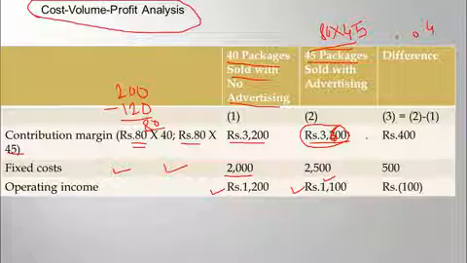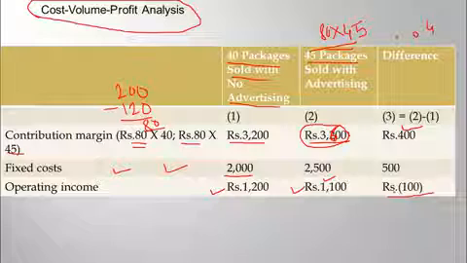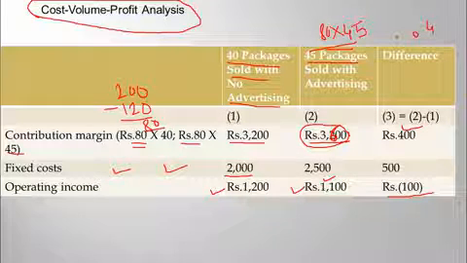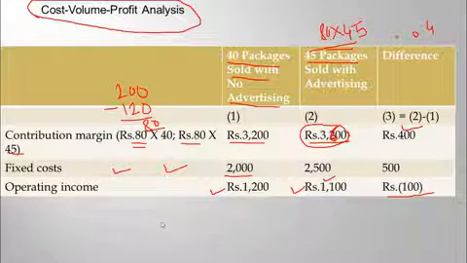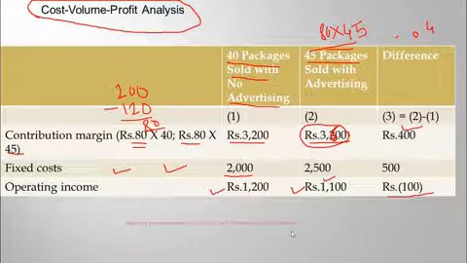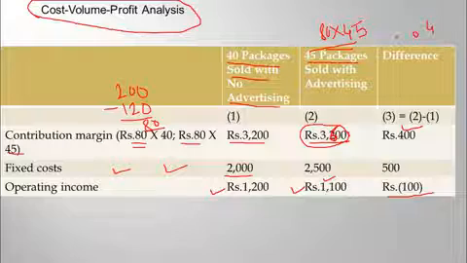It means that if we didn't make any advertisement, and if we made the advertisement, our sales will increase from 3200 to 3600. It means there is a difference of rupees 400 increase in contribution, but the fixed cost is being increased by rupees 500. So we are getting a loss of rupees 100. So therefore the advice for the company is, as their operating income is being decreased by 100, the company should not go for the advertisement. So this was the real usage of cost volume profit analysis.